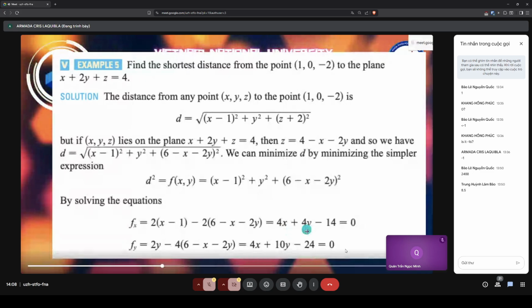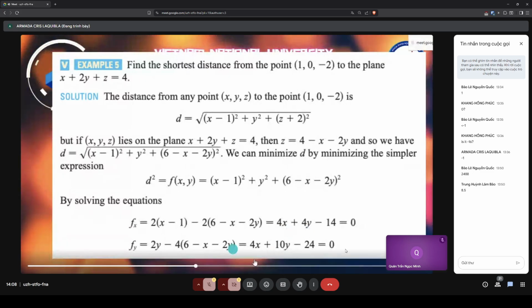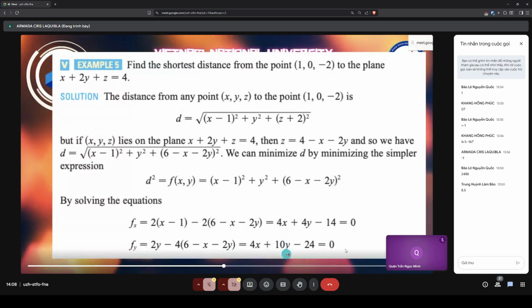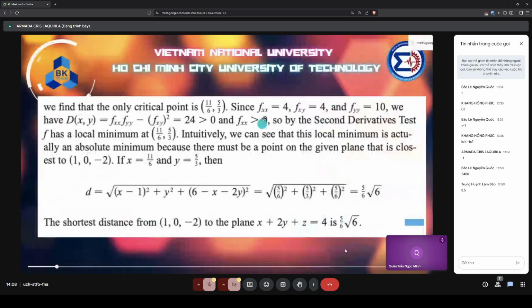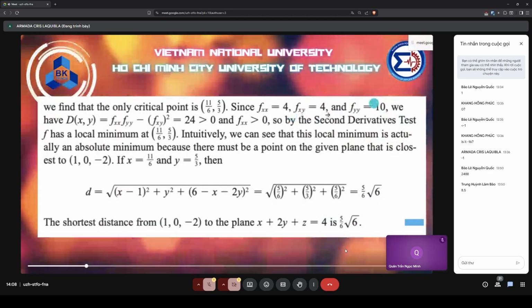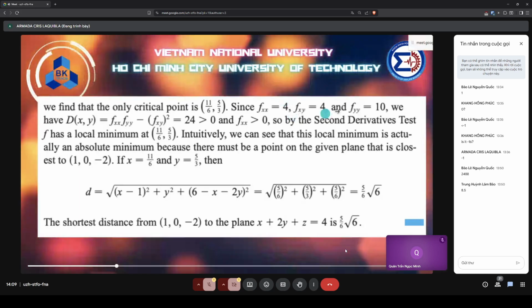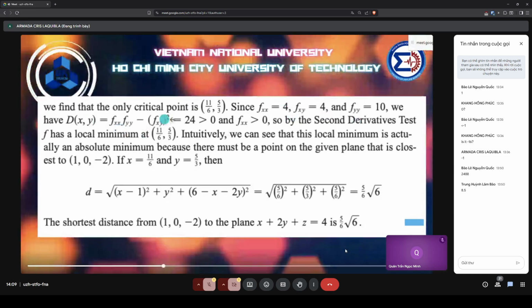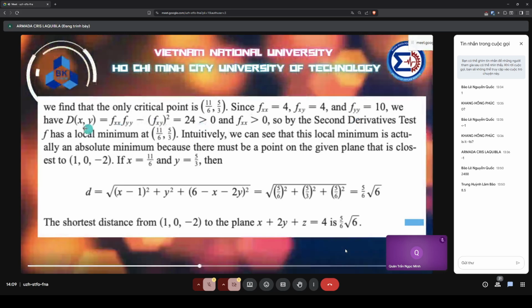Fxy, we have 4 also. And fyy is 10, correct? Because this is 10y here. So we have constant values. So again, as I have told you, if all of them are constants, just solve this D of x, y by this formula,